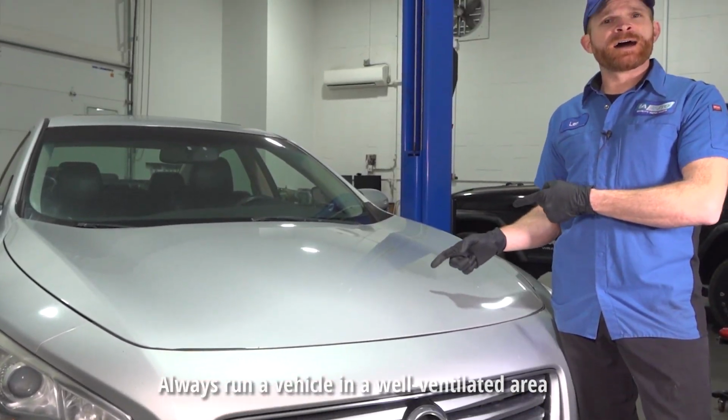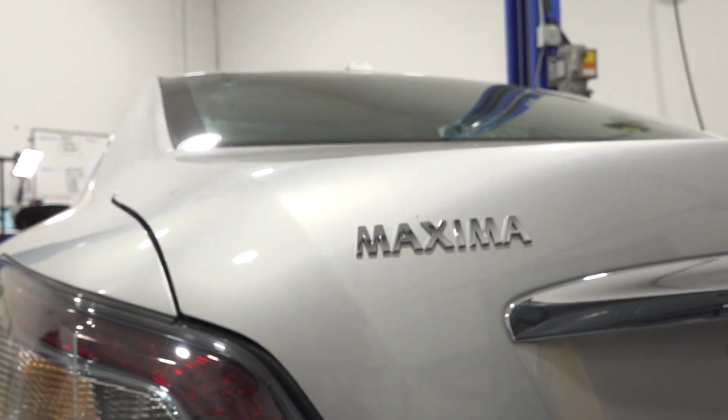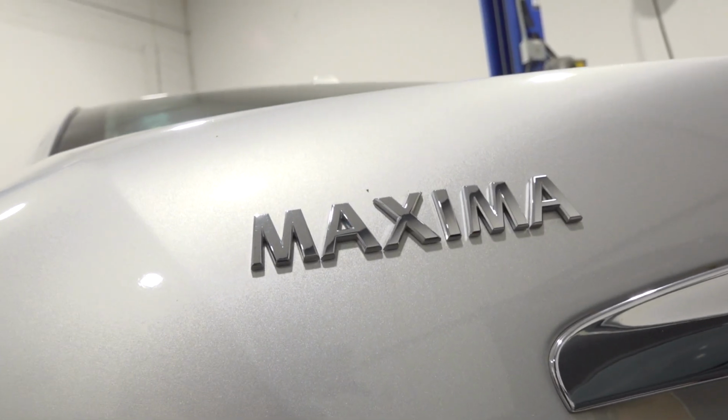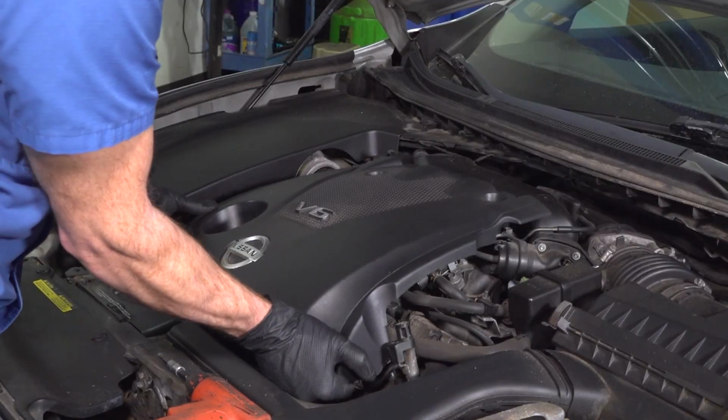Wow, this vehicle has a high and erratic idle. We're going to go over that and several other top problems on this 7th generation Nissan Maxima. Let's get into it. Let's open our hood so we can start removing the engine cover to gain access to